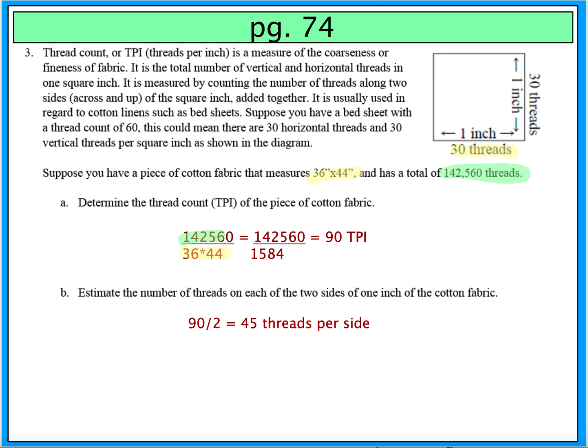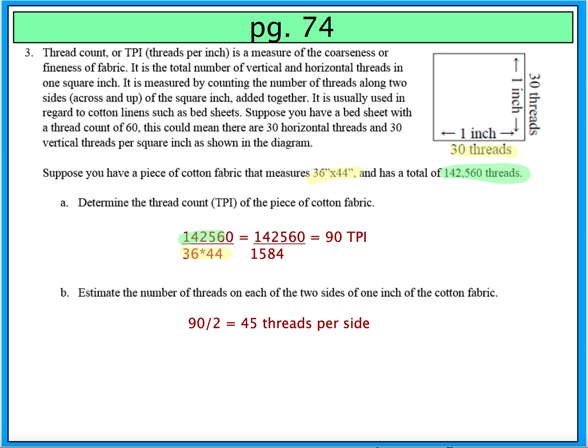Again, thread count is determined by how many threads you have packed vertically and horizontally in 1 square inch. Okay. So suppose you have a bed sheet with a thread count of 60. This means there are 30 horizontal and 30 vertical threads, as shown. So suppose you have a piece of cotton fabric that measures 36 by 44, and it has a total of